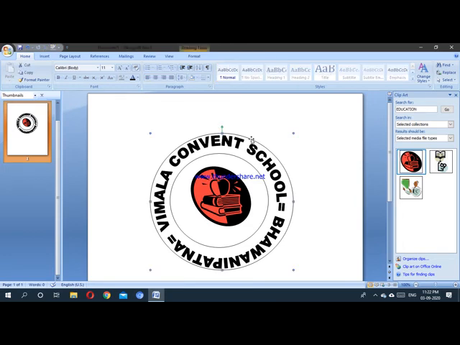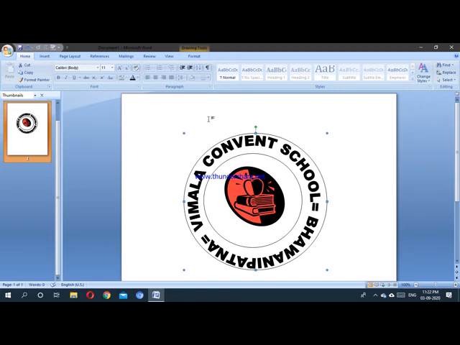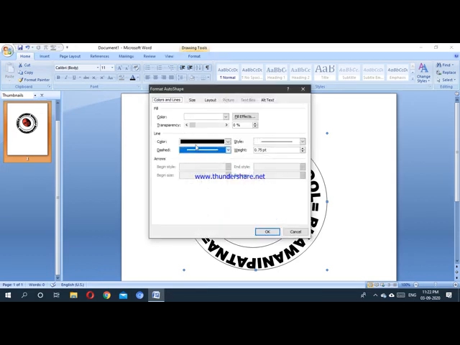After that you can color it. Select the circles and go to the home button and fill color. Or right click here, select this one big circle and Format AutoShape.